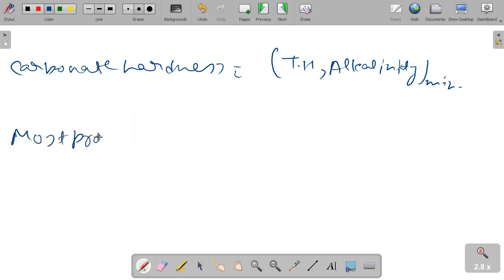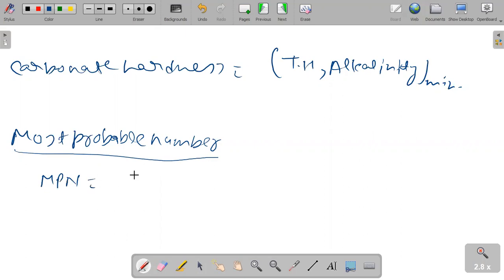Okay, and one last thing in quality of water: the most probable number. We have one formula for this, the MPN. This is the basic formula: number of positive tubes into 100,